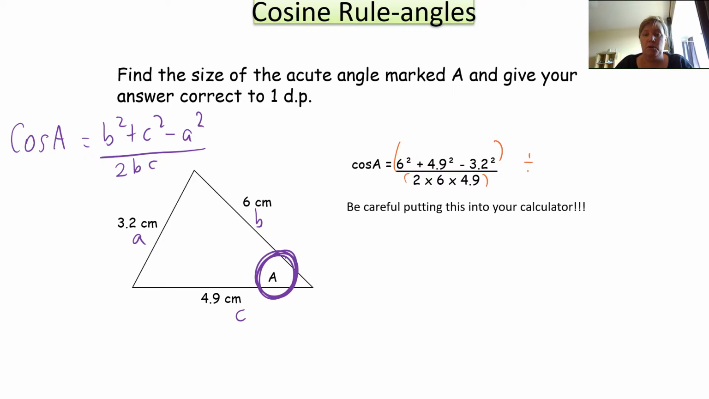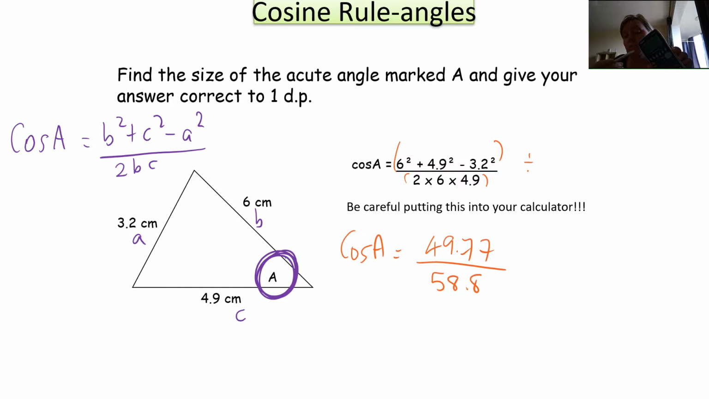So let's just do this. I often do the bottom line first. So 2 times 6 times 4.9, mainly because it's usually a pretty number. So the bottom is actually 58.8. You tend to find there's nothing nasty on the bottom line. Then 6 squared plus 4.9 squared minus 3.2 squared, and this is actually 49.77. If you're wondering why I do the bottom line first, it's because the top line is often a bit ickier, because there's more stuff, and it's actually preloaded into my calculator. So now I can go divided by 58.8 equals,